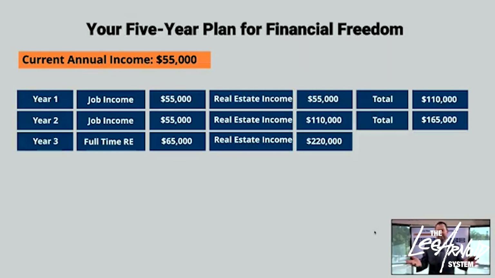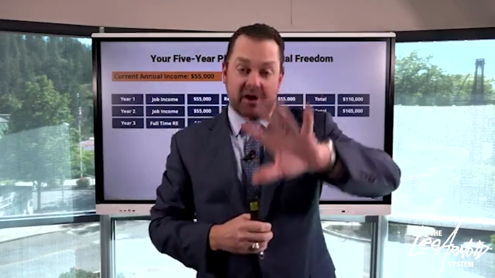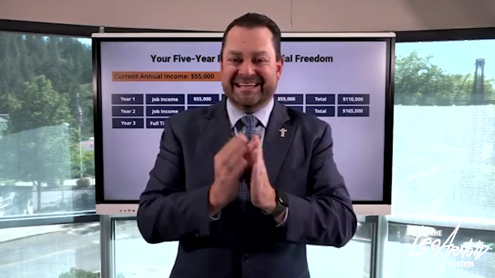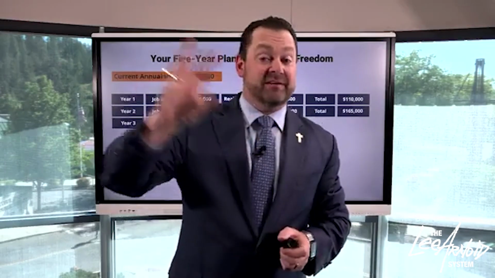Well, Lee, why do you do all of that? Because banks like employees. And the cheapest money you can borrow is money from the bank. And so there's a certain amount of income that we're going to take in W-2 wages from the businesses that we own as an employee. And there are other incomes we're going to allocate or obtain through 1099s through the other businesses that we own and control. Okay. But we need to continue to keep a consistent W-2 income so that we can borrow money to buy fix and flip when we want to start buying and holding rental properties. Okay. That's why we structure it this way.